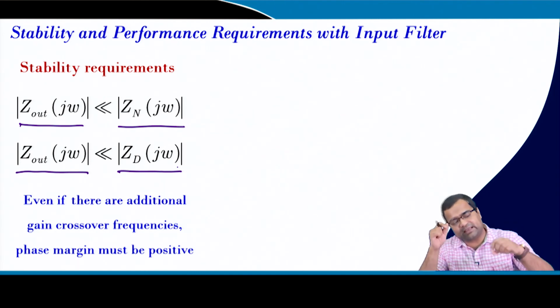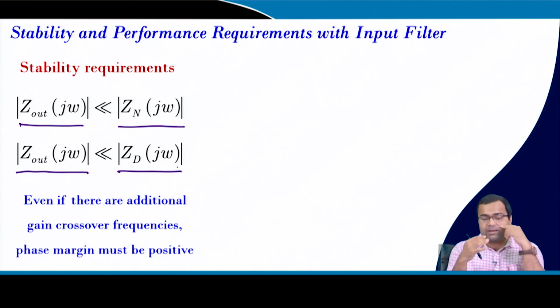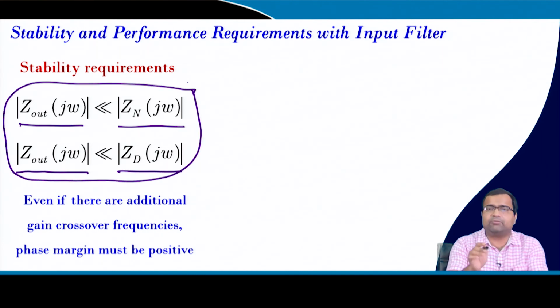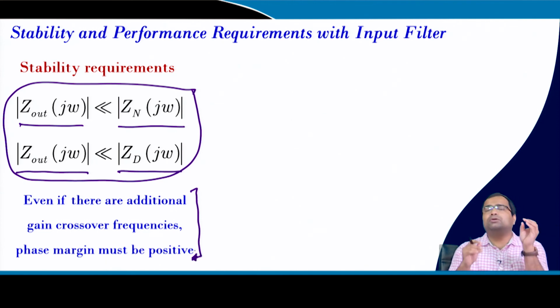But this does not say anything about the phase response. This is an amplitude response. It may so happen within the control bandwidth, that means there can be multiple crossover frequencies, and if we can ensure this criteria, the system will remain stable with input filter and without input filter, both are stable, because without input filter you have designed the converter, it was stable. With input filter, if we ensure this, it will be stable, but multiple crossover frequencies may lead to poor phase margin. So, you may get some oscillatory behavior.